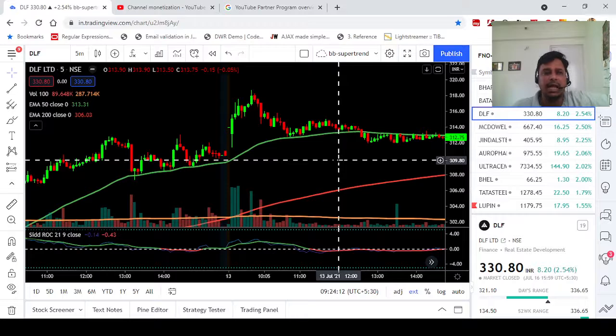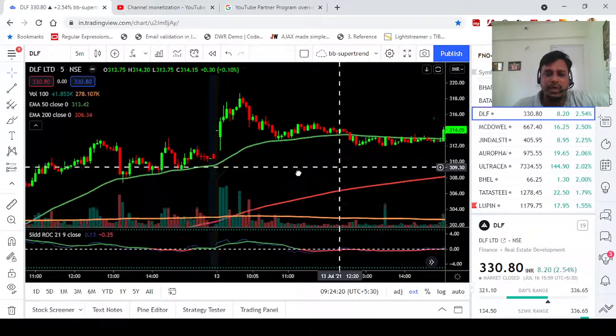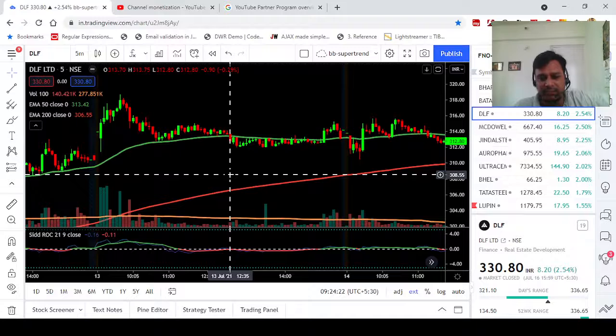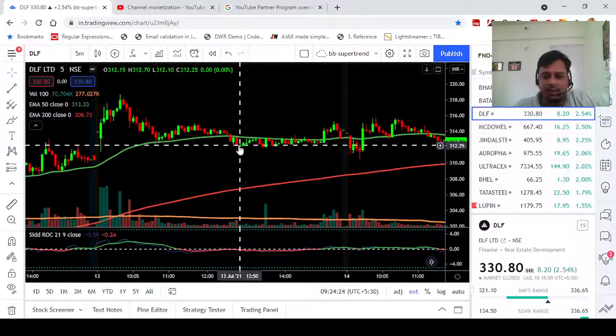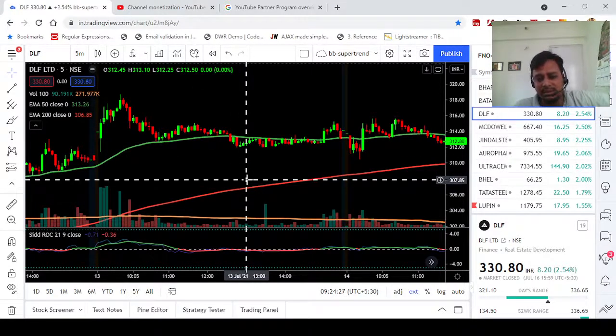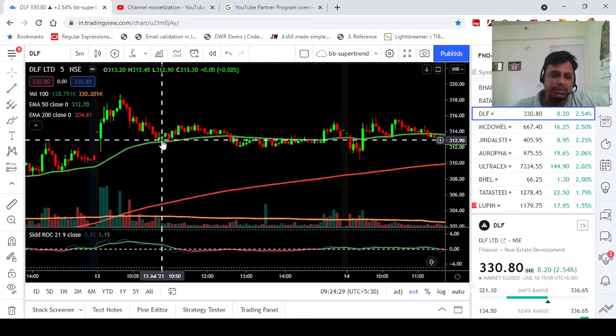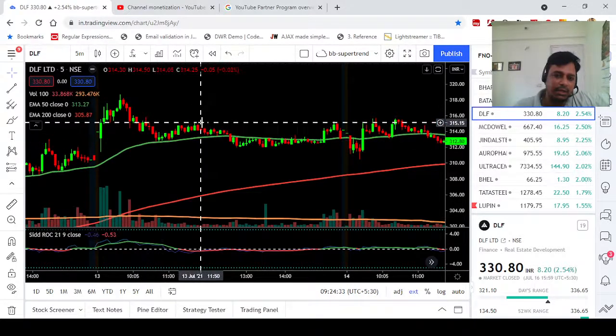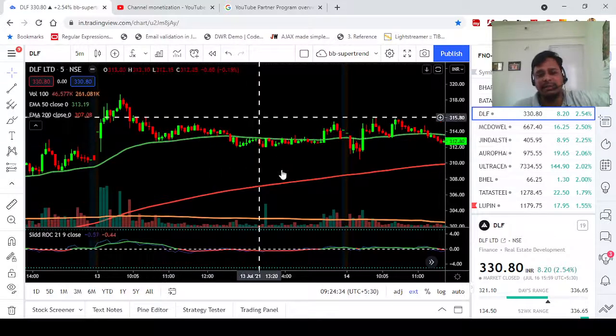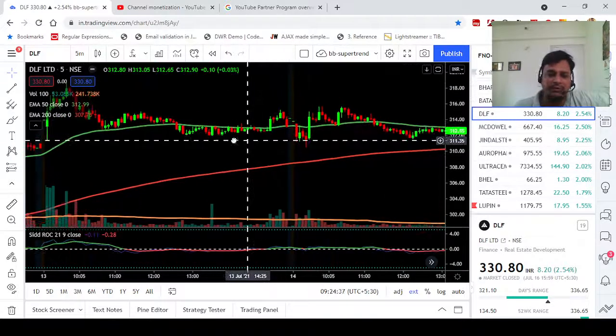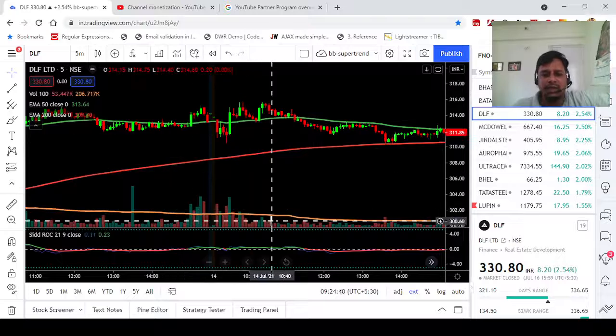So if you are doing this for 240 days consistently, religiously, I am betting you, you will not be in a loss in your lifetime. This is one of the best methods to trade. And we are not predicting anything. What we are doing, we are working on price action. So when the price is taking support, we are going long. And when the price is taking resistance near the 200 moving average, at that time we are shorting.